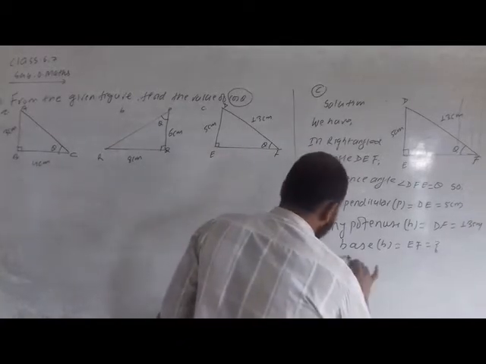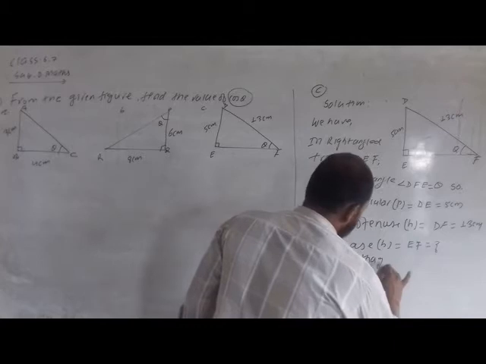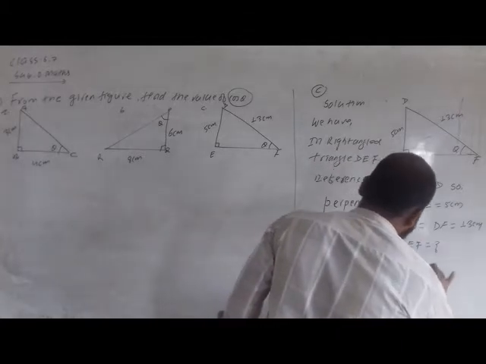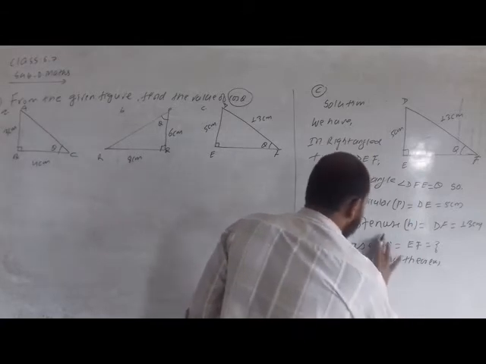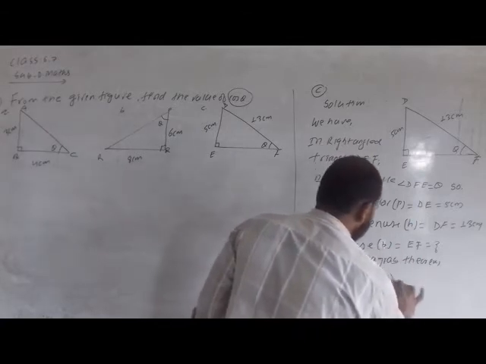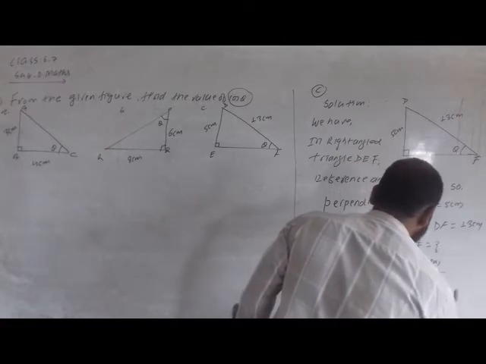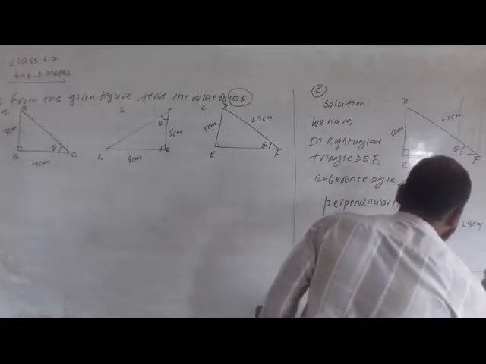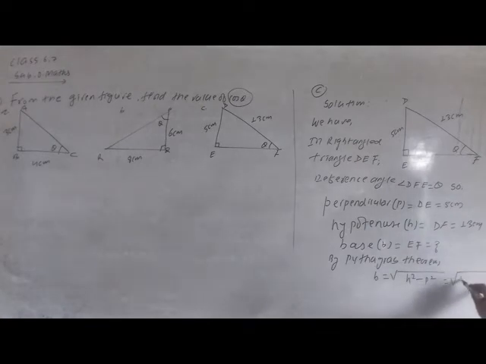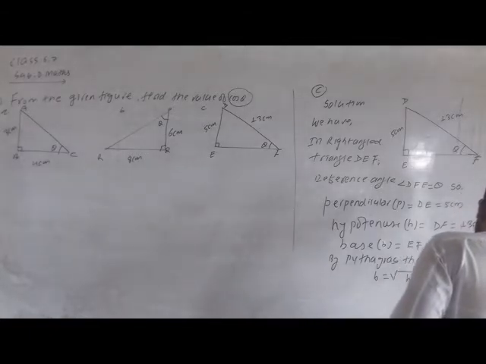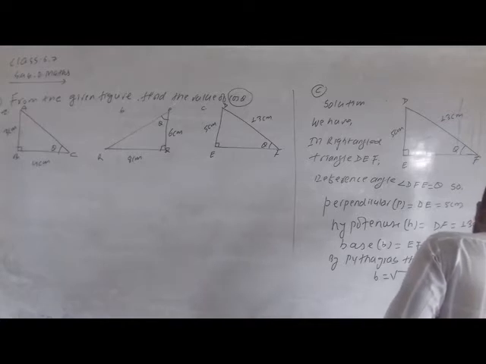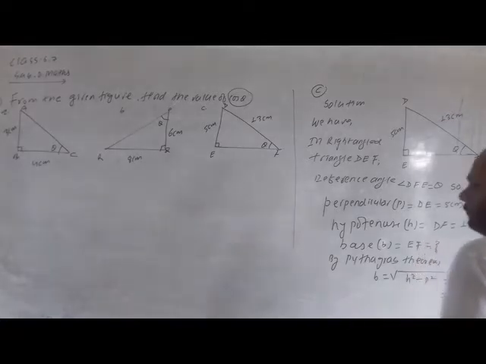Now by the Pythagoras theorem, what is the formula to find the base? The formula to calculate B is equal to the square root of H square minus P square. Here, what are the values? The 13 square minus 5 square. First you should find the square of 13. We have here 169 minus 25, which is 144. Its root is 12.